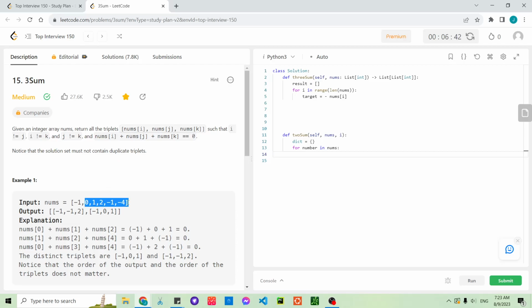Let's say this is the part we want to do two sum on. So for each number, what do we want to store in the dictionary as key and value? Oh, we also need a target, because it will not always be 0, it will actually be different. So target,